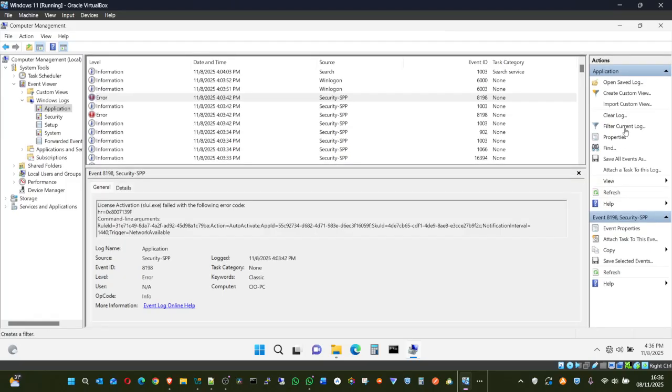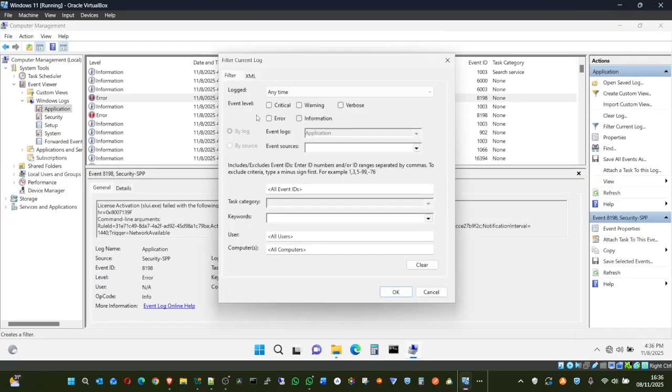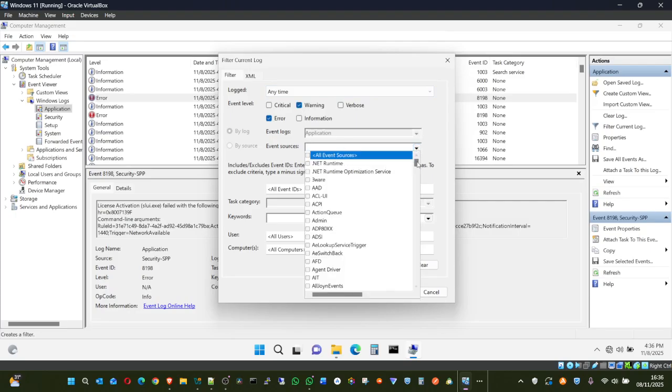You can do filter log. You can say, okay, what am I trying to look at? I'm looking for errors and warnings, only these two. From which source am I looking? Is it from runtime or Chrome? Maybe Edge or Bluetooth or whatever.